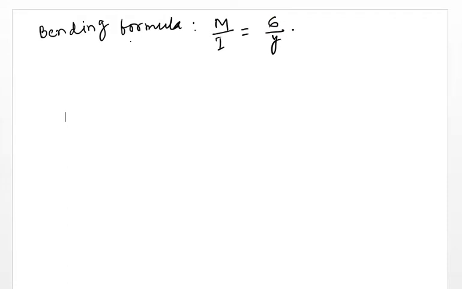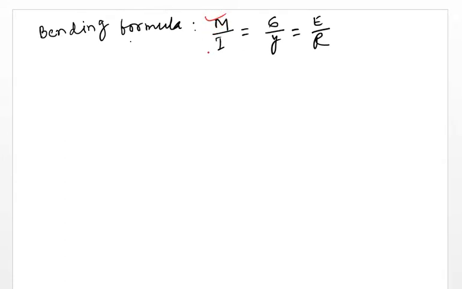So today we will discuss the derivation of the bending formula. We know that the bending formula is M upon I is equal to sigma upon y is equal to E upon R. This is known as the bending formula, where M